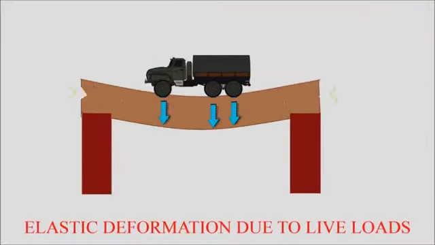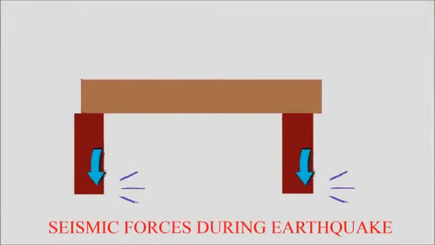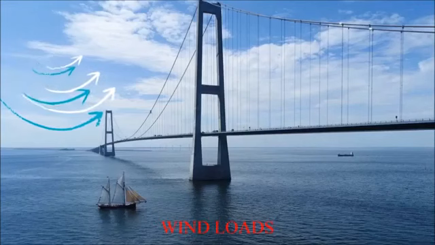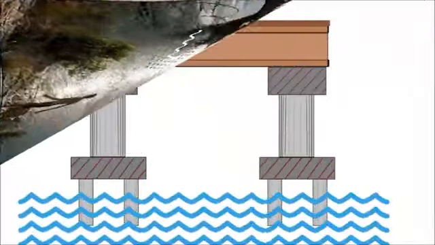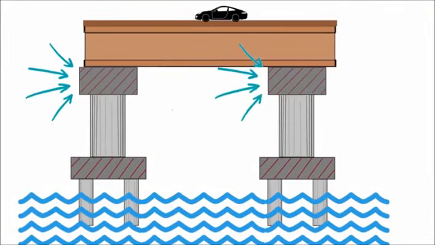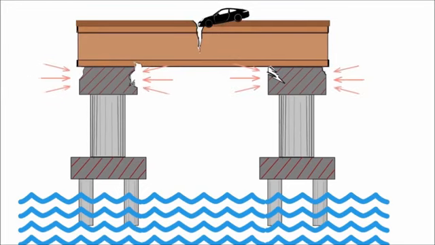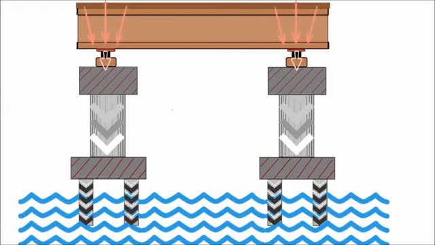Due to elastic deformation of the bridge under live load, due to the seismic forces during an earthquake, due to wind loads, water current forces, etc. These factors continuously push and pull the supports until it achieves the freedom required, and this process causes damage to the structures. Hence bearings are introduced between the superstructure and substructure to accommodate various movements and transfer the load from superstructure to substructure by absorbing the shock of vibration.